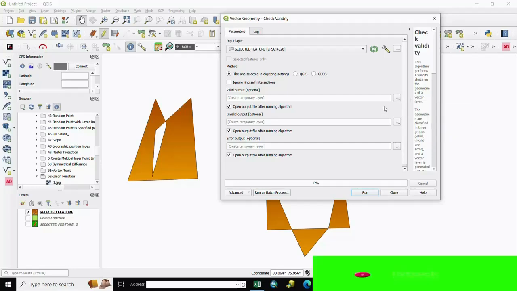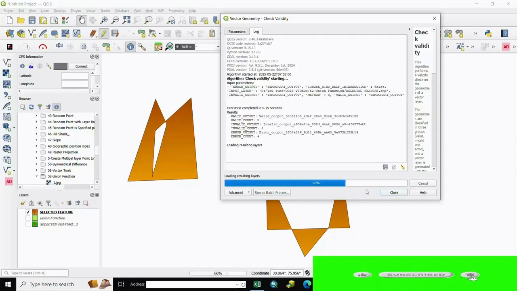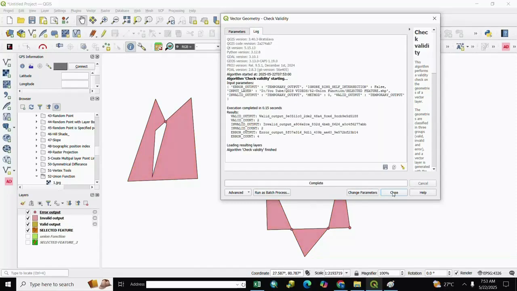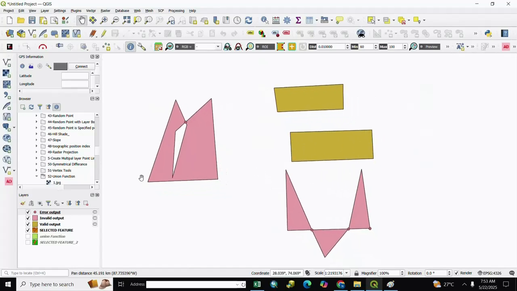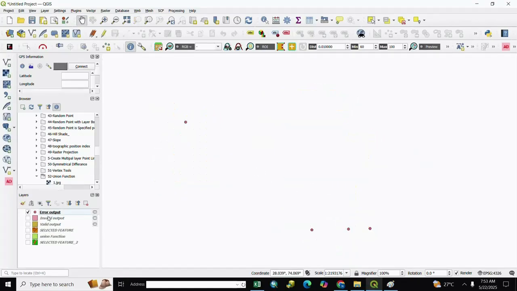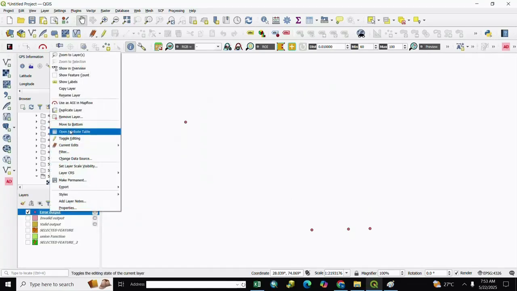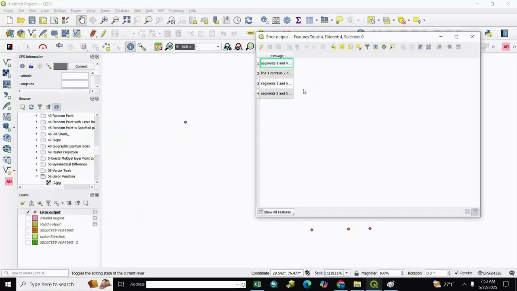If you don't use an output location, then you run it and close it, and you see here your output. Here is your error point; you right click and open attribute table. Here are 4 output error points.